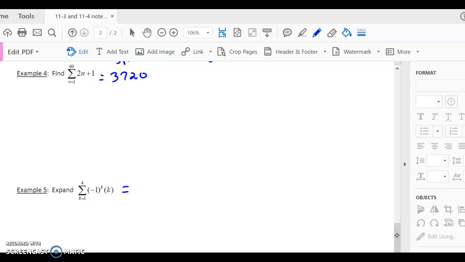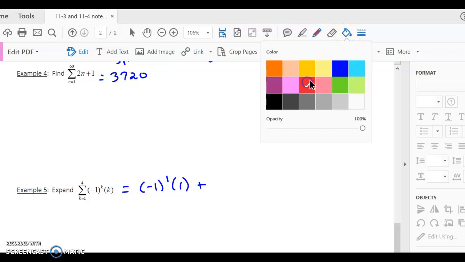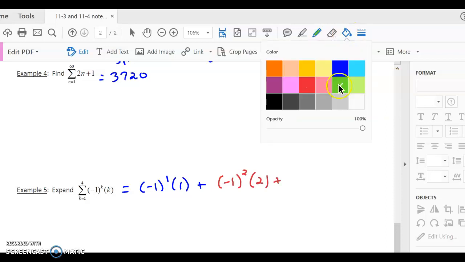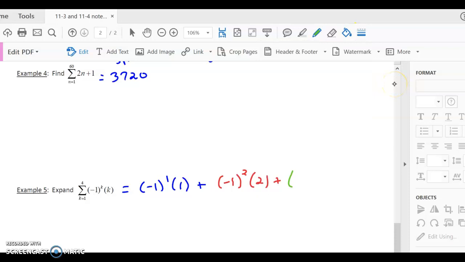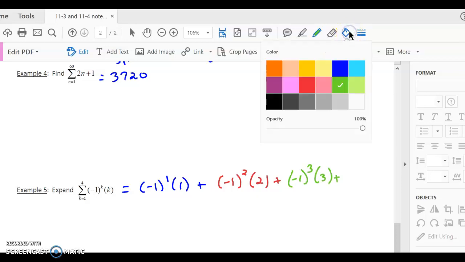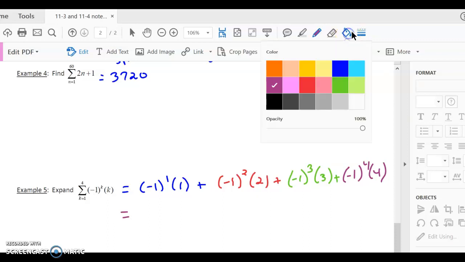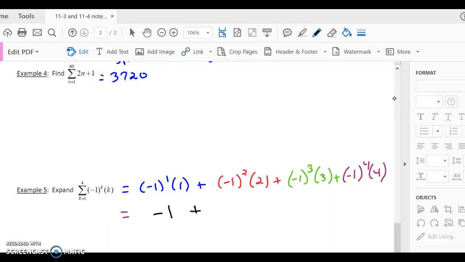So what it wants us to do is we're going to plug in 1. And we're going to add, if we plug in 2, and we're going to add as if we plug in 3, because k is going to be the position. And then we're going to add in the fourth one. And that's the expansion of it. But I want to simplify this a little bit and show you what happens when we write this out. So we're going to get -1 plus 2 minus 3